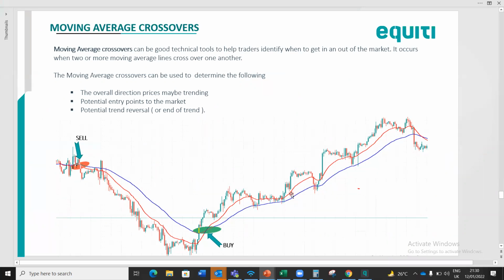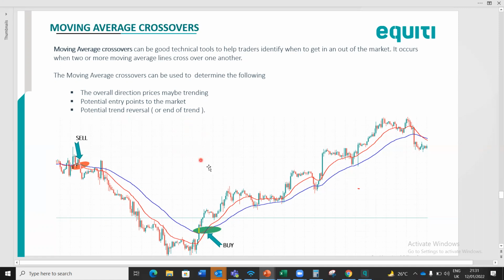Let's talk about how we can use moving average crossovers to find opportunities. Now, moving average crossovers can be good technical tools to help traders identify when to get in and out of the market. It occurs when two or more moving average lines cross over one another. Okay, the moving average crossovers can be used to determine the following: one, the overall direction prices may be trending; two, the potential entry points through the market; and three, potential trend reversals, or to identify the end of a